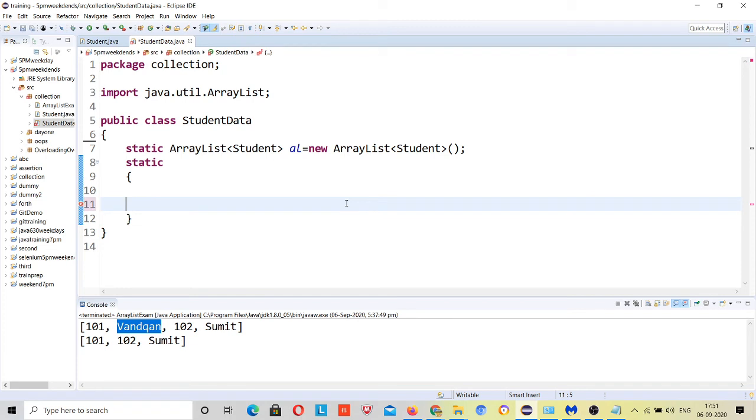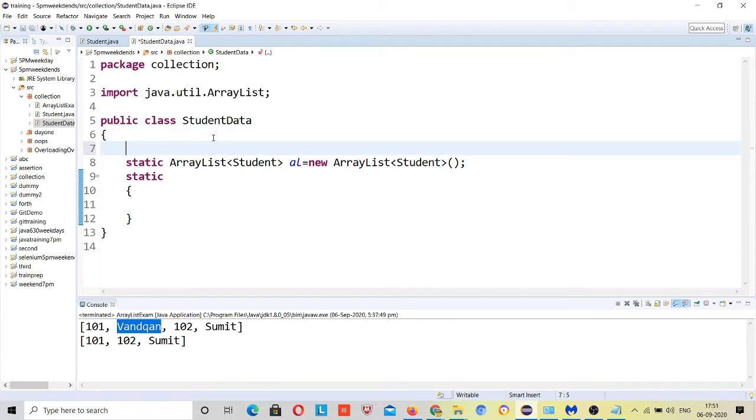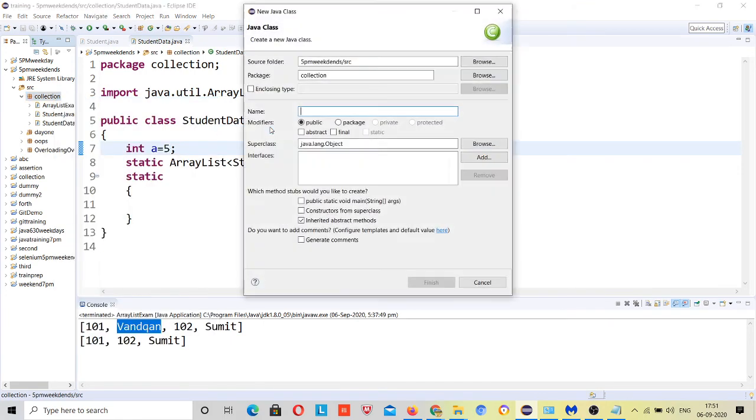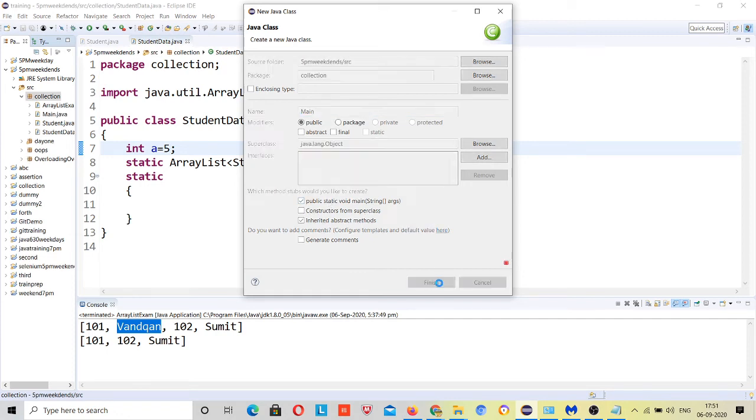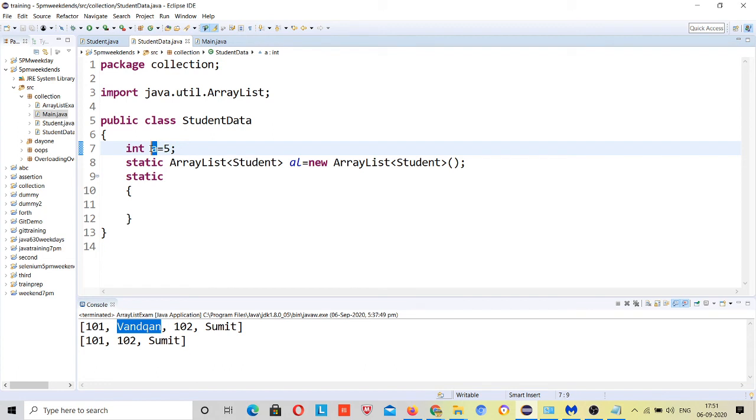I will first create a main method to show something to you guys. Suppose I have int a is equal to 5. I will create a main class and main method here. I want to use this a here.